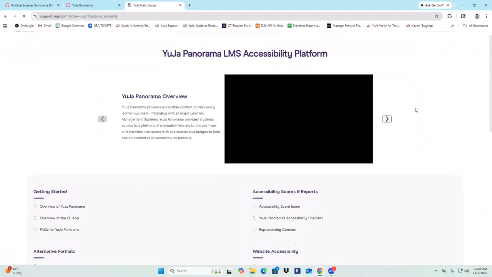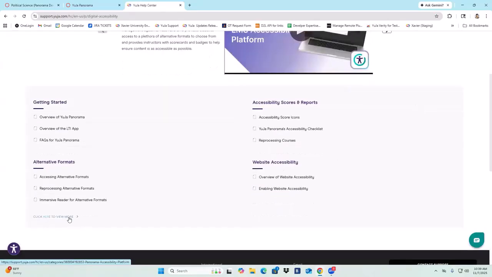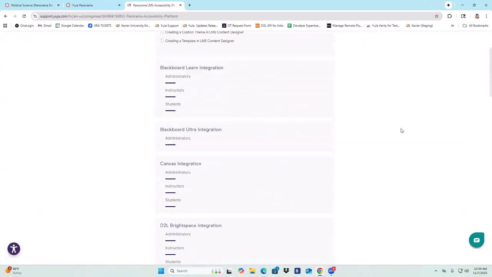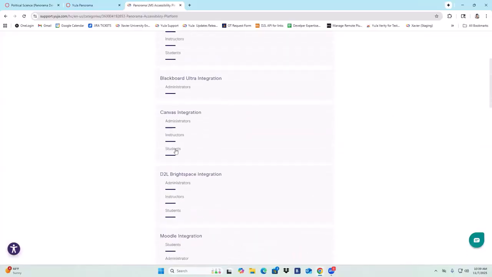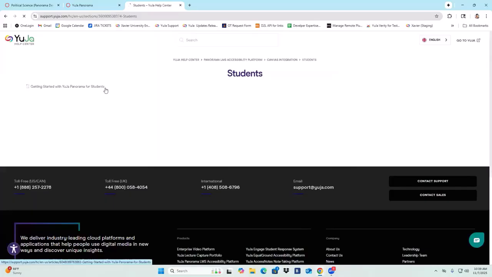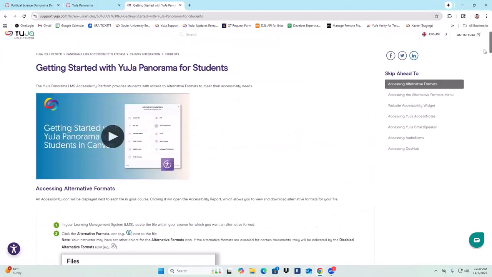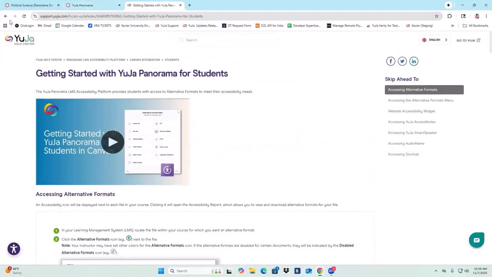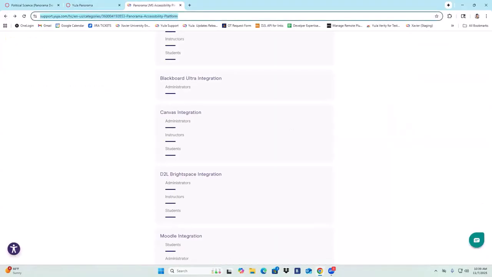If you click into that, we break down the guides into different sections, different topics. And also, if you want to use one of the guides that we have available for Canvas for your students, where it tells them the different types of alternative formats and also a video tutorial, you can share this out as well. So I'll share here in the chat the link to our support page.